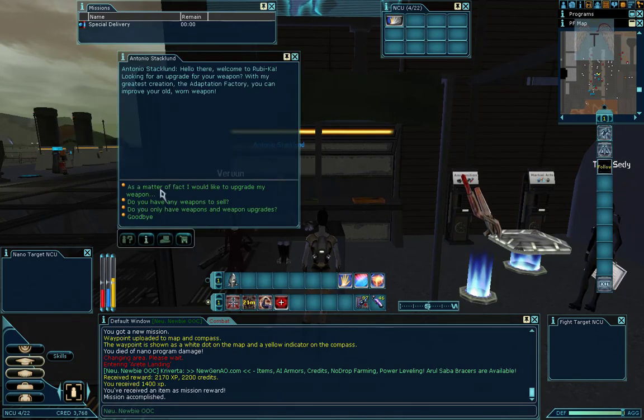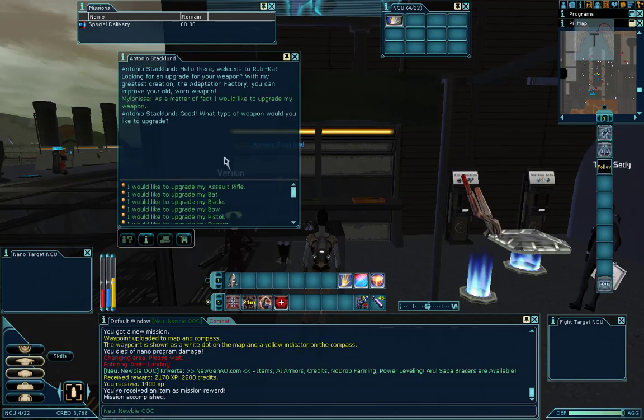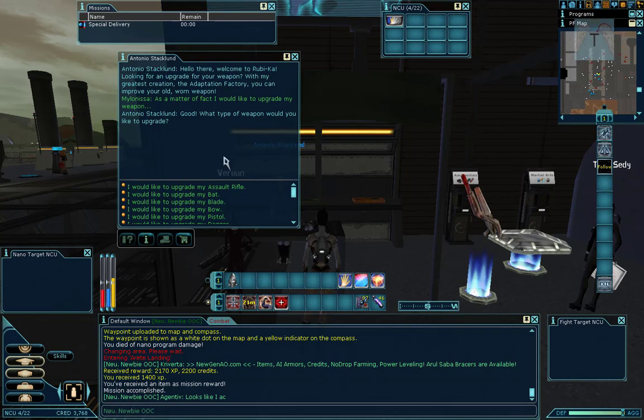Okay. As a matter of fact, I would like to upgrade my weapon. Good. What type of weapon would you like to upgrade? This is another thing that I suggest if you're new to the game, stay on the Arete landing and get it done. So let's see. I have...